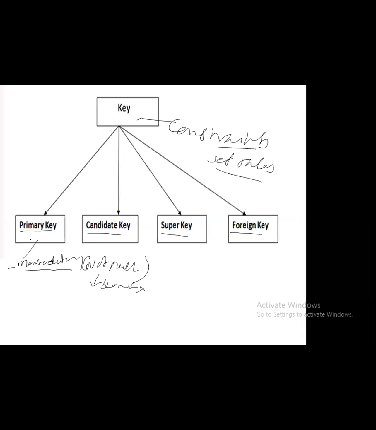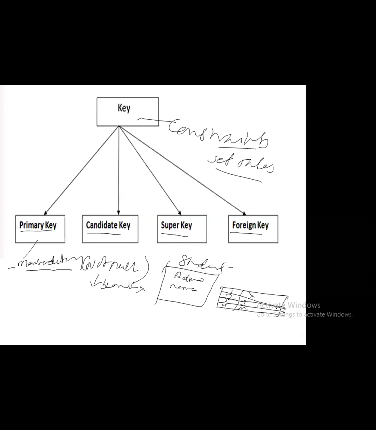The definition says that a primary key means we are trying to have a key where the content whichever you are trying to store should not be kept blank and it should be mandatory. Say I have a table. So I have a table with something called student as an entity, where I have something called roll number and name. Say something like this. Then I want to store the information about 10 students. So I'll be storing the students like this: one, roll number two, roll number three, roll number four, like this 10 students, say X, Y, Z, M, N, like this.